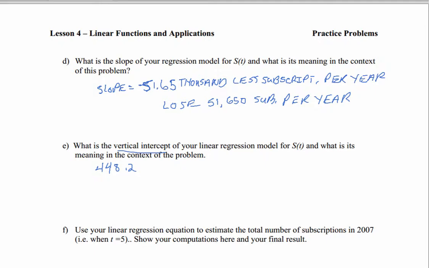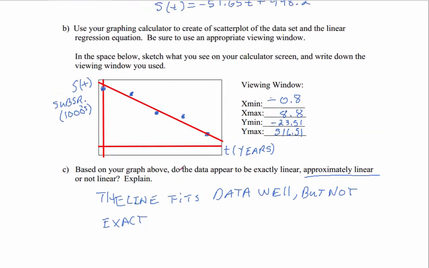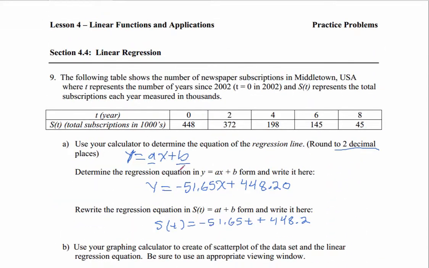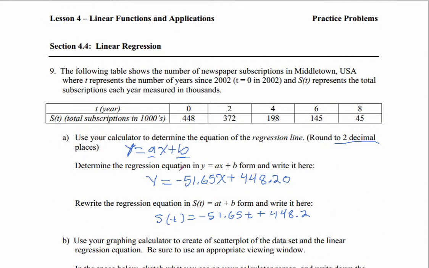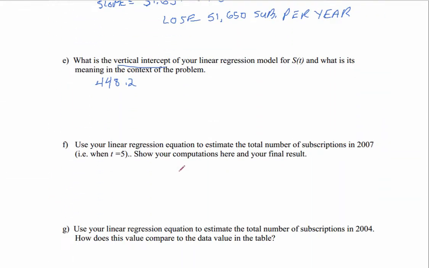Okay, so our vertical intercept says at time 0, which, let's go back up to our original data here. That's starting, I believe, in 2002. So in 2002, we had 448.2 thousand subscriptions. So in 2002, which is t equal to 0,